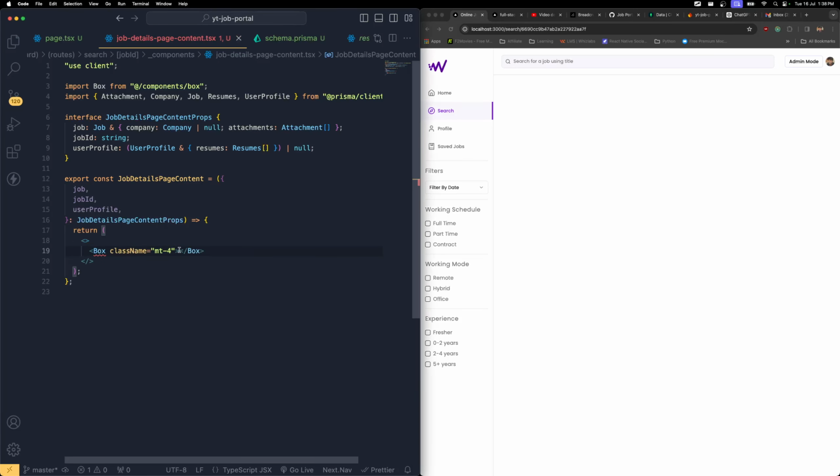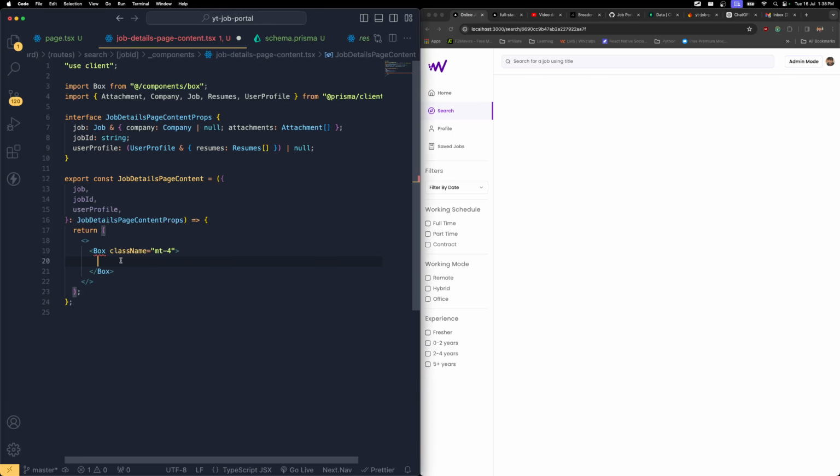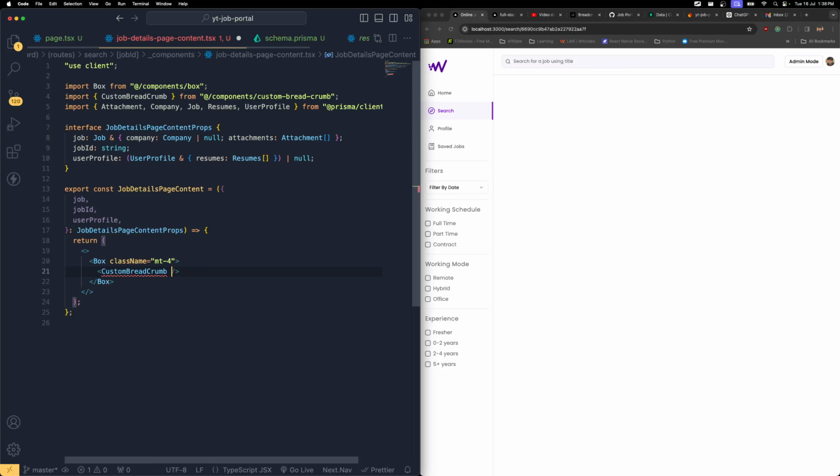Let's say that, and inside here it was expecting the children. The first thing we need to bring is this breadcrumb, and don't worry about the banner sections, we will worry about them later. Let's bring that custom breadcrumb, and for this first let's apply the breadcrumb item, which is going to be an array itself. Open the object, let's apply the label, which is going to say search. Then it needs the link as well, which is going to be /search. And right after here we need to supply the breadcrumb page,